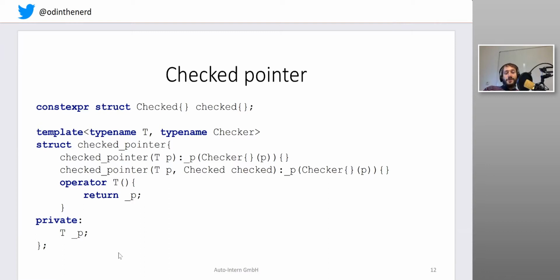We also are using the option of being implicitly convertible to the underlying data type, which we could have used with packet ID and protocol ID. If you see that operator T, that's a conversion operator. So if we want to use this as a pointer, it will silently convert itself to a pointer for us. Because converting from a checked pointer to a pointer is not dangerous. The other way around, converting a pointer to a checked pointer is potentially dangerous if that pointer is